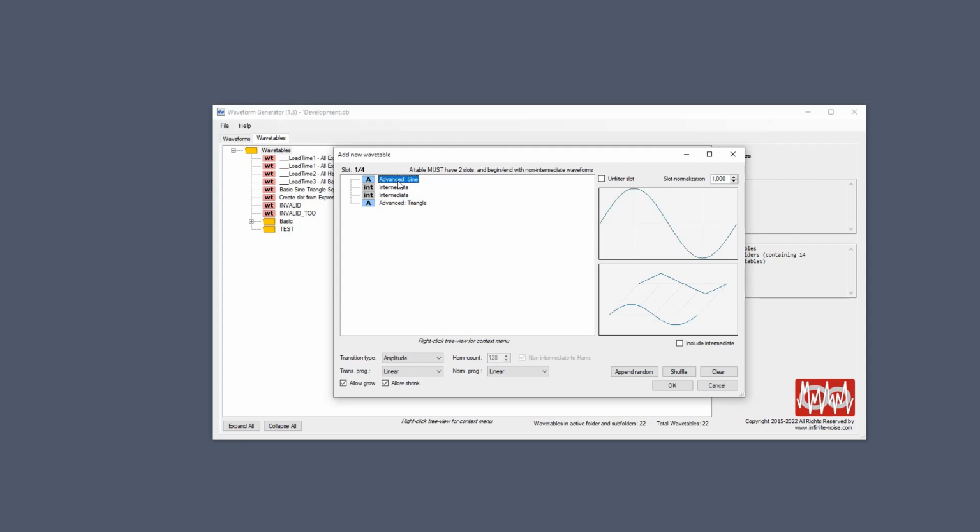The non-intermediate waveforms are illustrated here with a blue waveform. And the intermediate are illustrated with this light brown, dark orange color. Here in this field, you see the actual selected slot, and down here you see the entire wavetable. By default, it only shows the non-intermediate waveforms. However, you can click this box to see the intermediate also. So now you can see we go from the sine, and it will more and more fade into the triangle